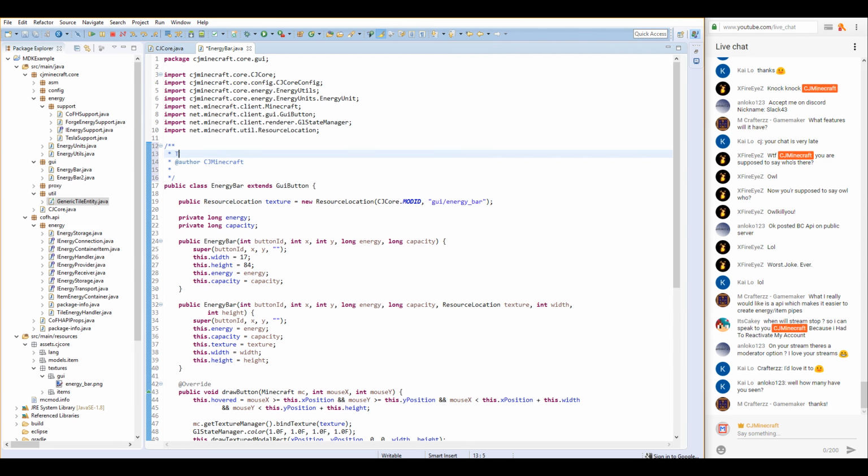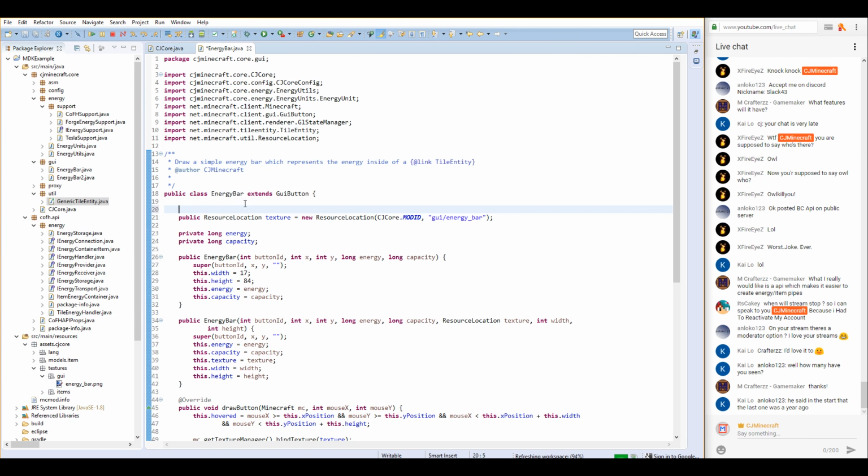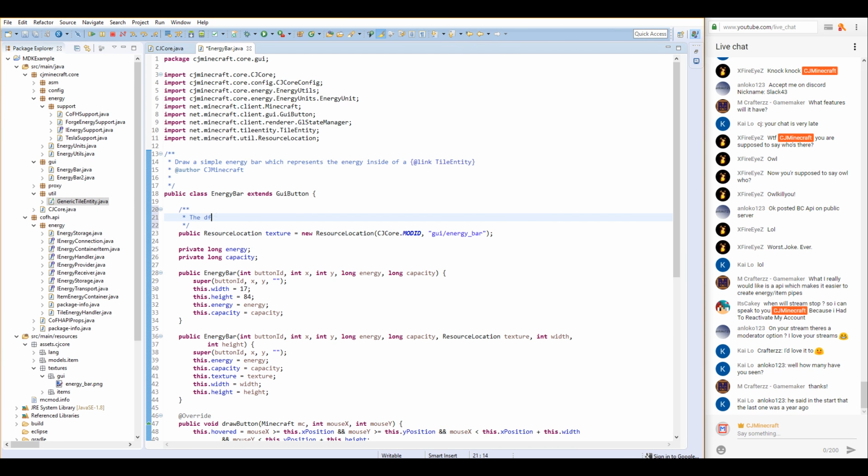Here we go. Draw a simple energy bar which represents the energy inside of a tile entity. Link to the tile entity. Like so. The default